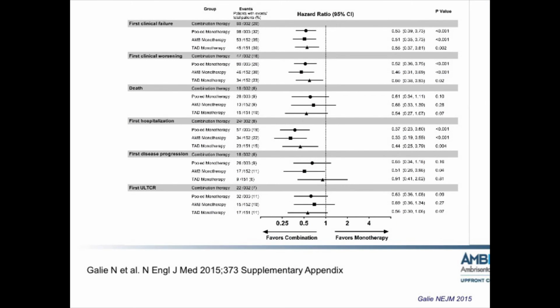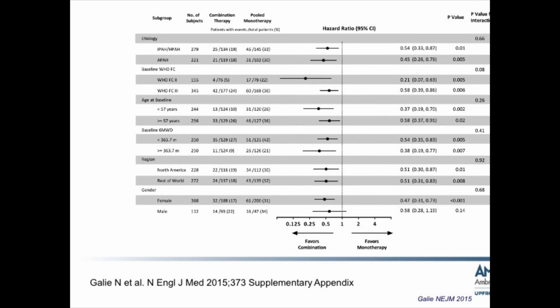So I hope this is possible to read. This will be very difficult to read in the other locations, I'm sure. But what it basically says is that, again, as I said before, the significant difference in outcome was really driven by a difference in hospitalization. Although for the other parameters there was also a trend towards clinical significance for the comparison of combined therapy to pooled monotherapy,